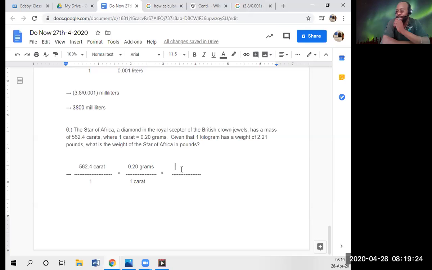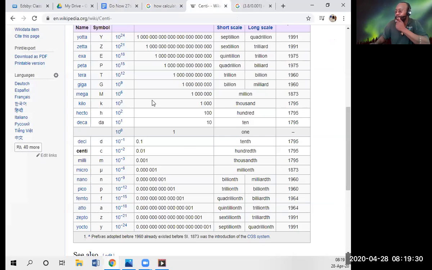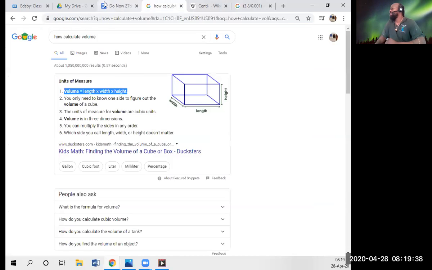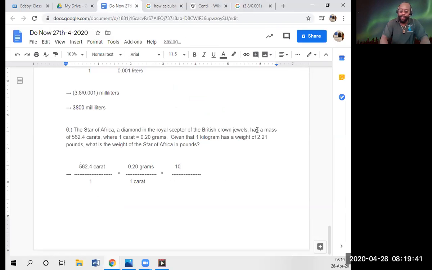So what is kilo? What does kilo mean? It's 10 to the third. Again, I'll try to provide this link in the chat. Now, when you write it that way, some people get confused. So it's the same as saying 1,000, or a kilo. So that's a gram. Okay, I hope this is clear on what I did. That's 1 kilogram, so I put 1,000 grams.